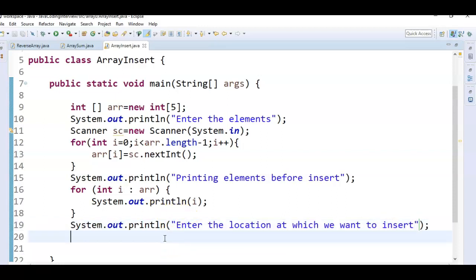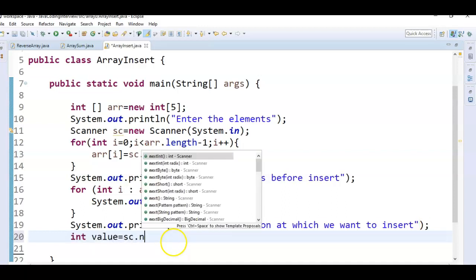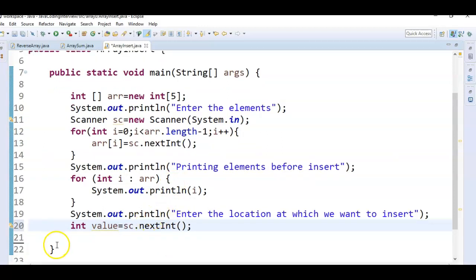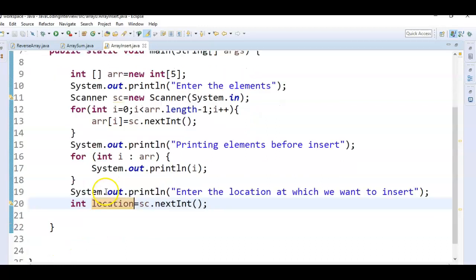So here we need to give the location. I am just saying int location equal to sc dot next int. This location, what is it? We are storing the location at this position.